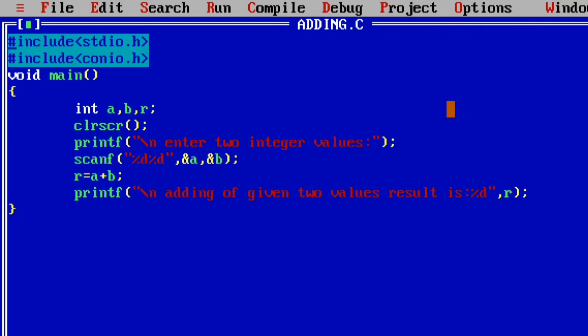Observe carefully, students: you are in the learning stage, so you are the programmer. You code the C program and see the result as a user. So you act in a dual role.